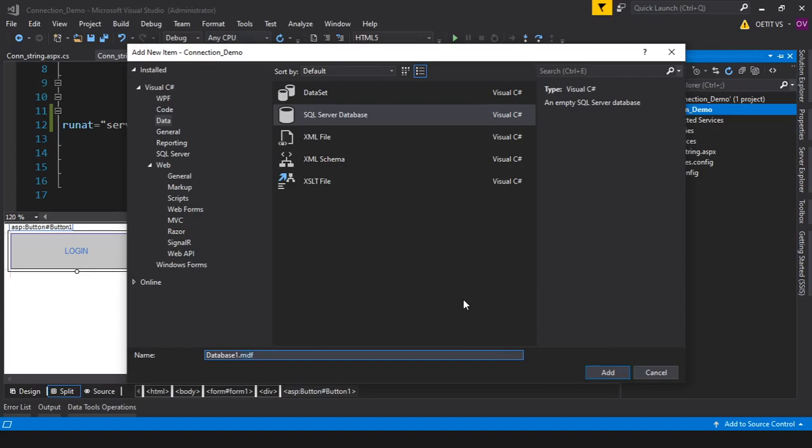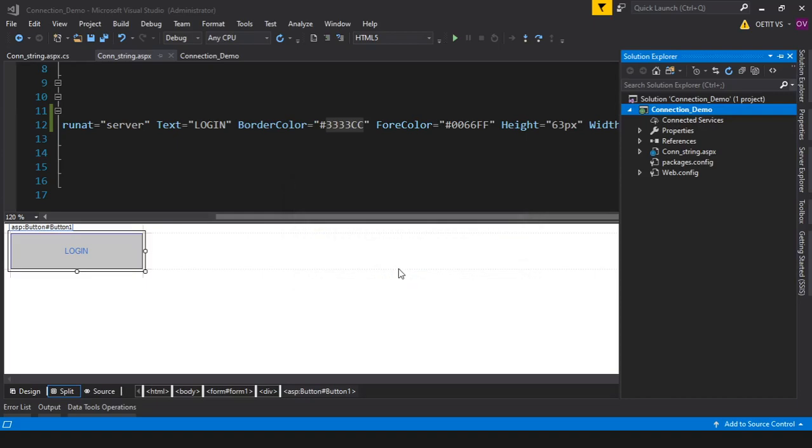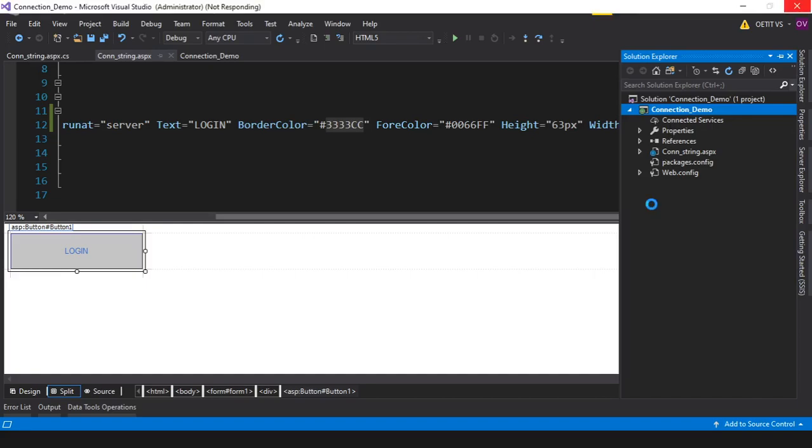It's a master database file, okay. Click add, and it will ask to create the app data folder, and your database will reside in the app data folder. So here one folder is created and your database will be there inside this folder.